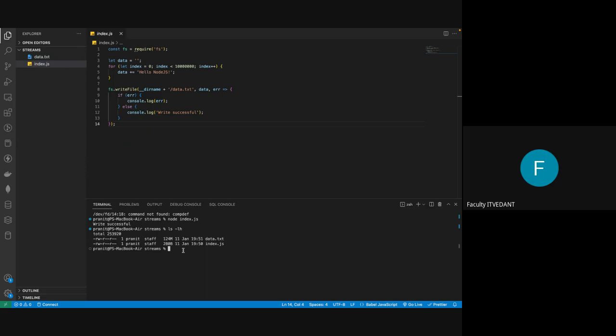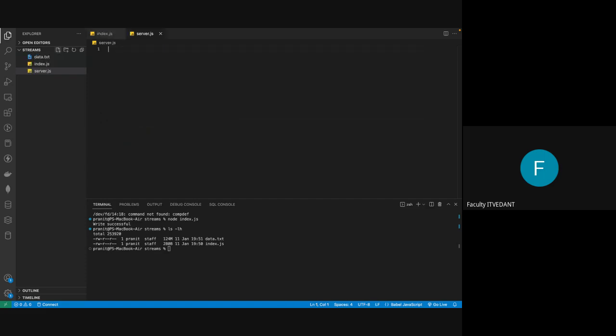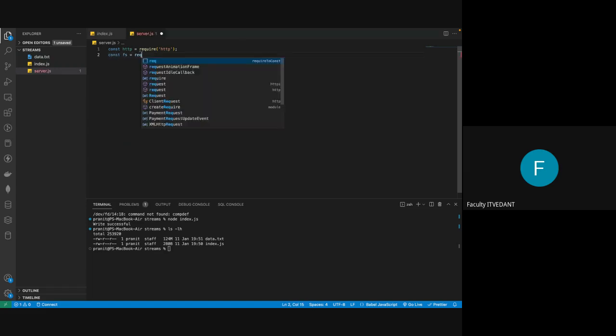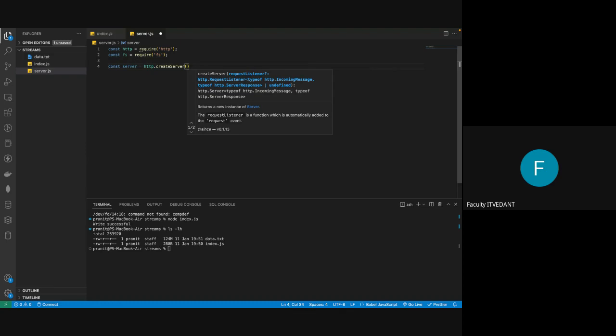Now let's do one thing. We will create a server here by using the simple HTTP module. So in server.js, const http equals require http. And we'll use the fs module to read from a file, so const fs equals require fs. Now let's create a server. Server equals http.createServer. In this, I'll add request and response,